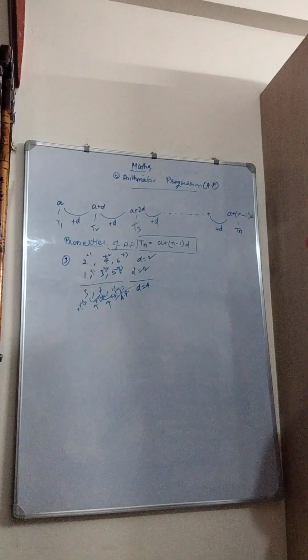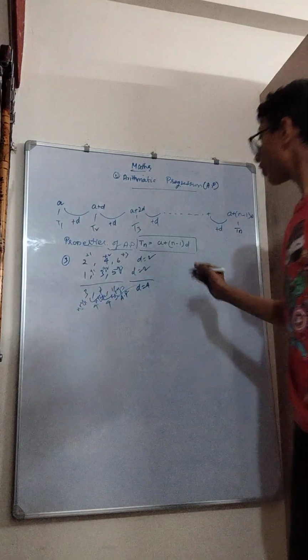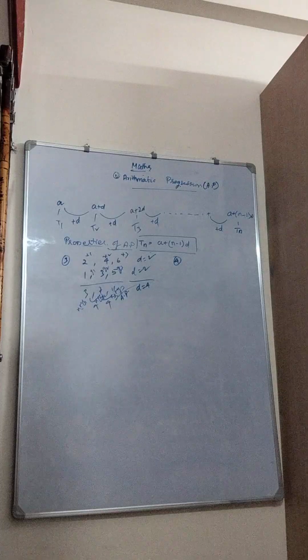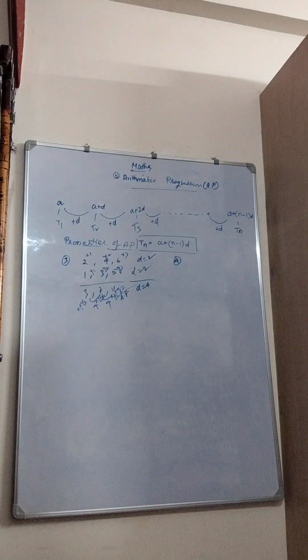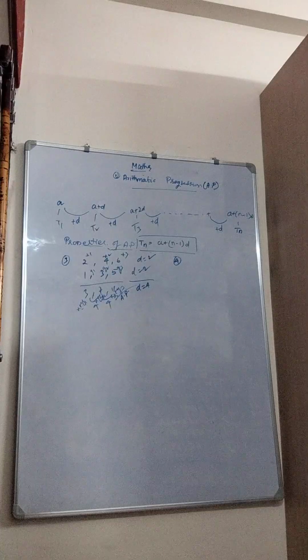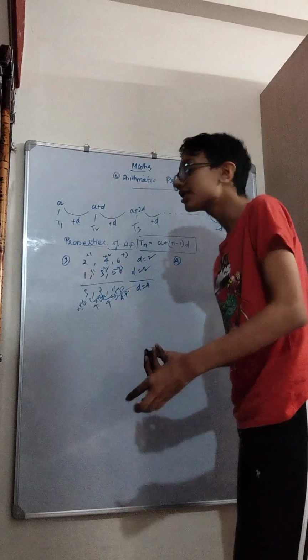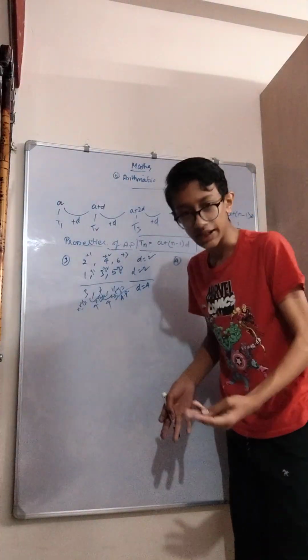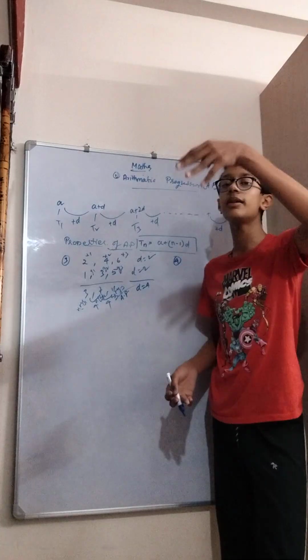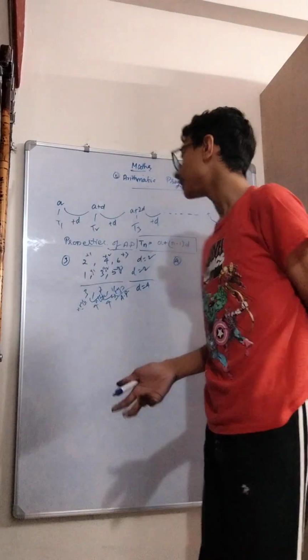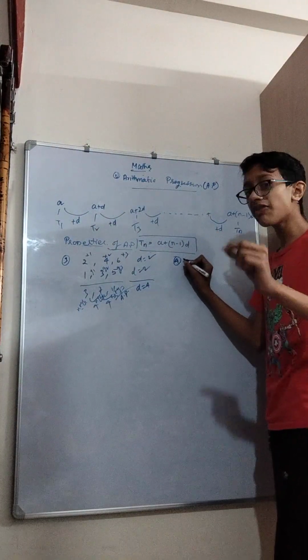Next is the fourth property. 3 terms in AP should be preferably taken as a minus d, a, a plus d, and 4 terms as a minus 3d, a minus d, a plus d, a plus 3d. Okay, so now I will teach. So this is basically telling whenever 3 terms how to take it as AP, whenever 4 terms how to take it as AP, whenever 5 terms. So this is one method I will take. So whenever the number of terms you want to take,